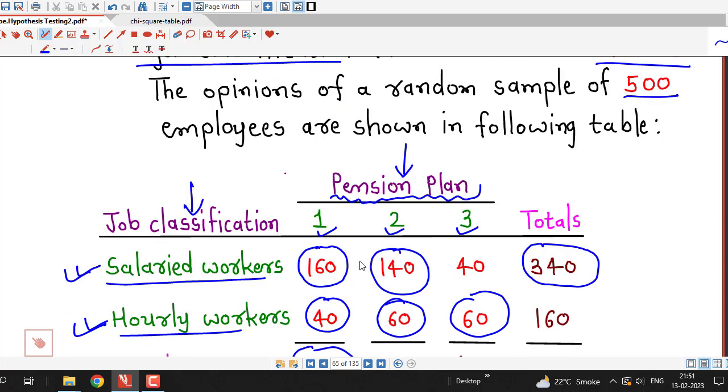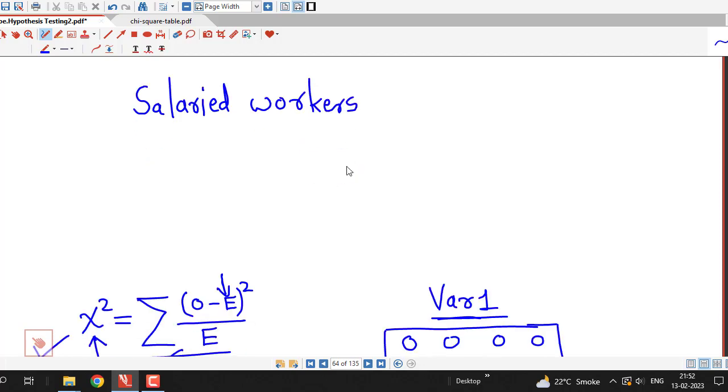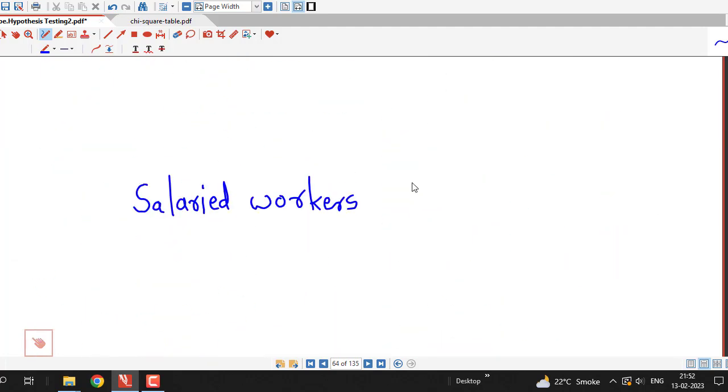For example, suppose we are interested in the expected frequency corresponding to this cell. Here we can see this corresponds to salaried workers and pension plan number 1. So we are interested in the expected frequencies for these two categories. How many salaried workers are interested in pension plan number 1? So we are interested in the number of salaried workers which are interested in